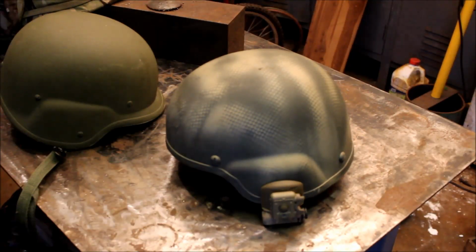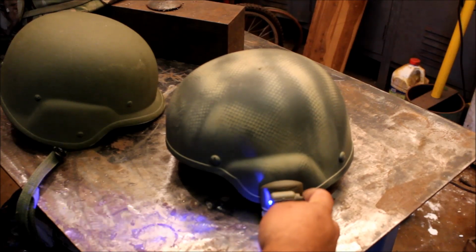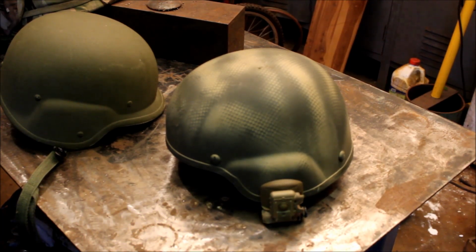Now this has the Surefire helmet light, the first one. There's a newer model now, and this screws on there. It does not weigh that much. It is kind of handy. You have an LED light which you can control with 3 different brightness settings. You have a blue one, and once again you can control the brightness setting, for map reading, things like that. The bottom switch turns on the infrared strobe, which is right there. So if you're doing operations at night, you have an IR strobe, and anybody in NVGs can see what's going on and tell friend from foe, unless of course they can order Surefire lights off of eBay. But anyway,